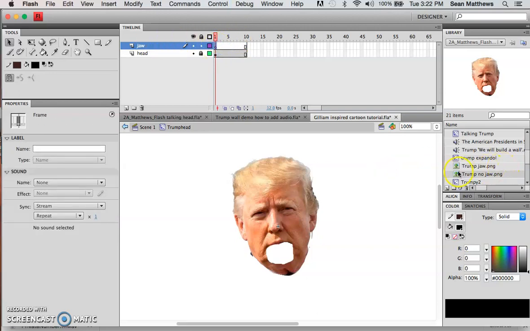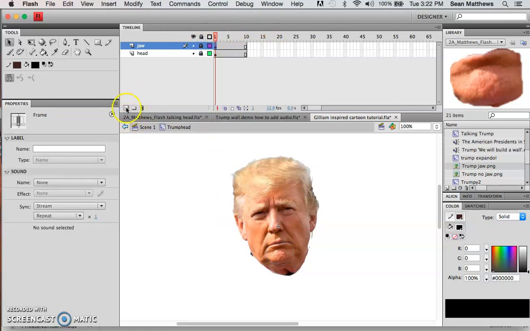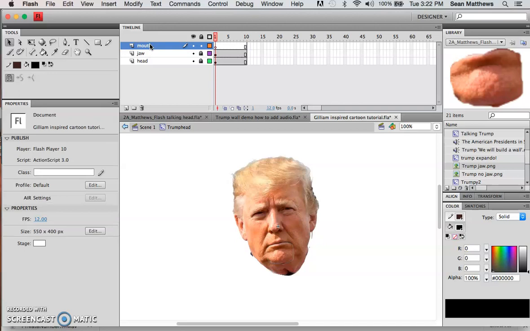And onto the jaw layer, I'm going to take the Trump jaw. I can try to shift it in position, but actually if I use the cursor keys, it's a lot easier to do that. There we go. And now I lock the jaw layer. And what I need is the background of his mouth, so that when he's flying around and he opens his jaw, we're not looking through his head